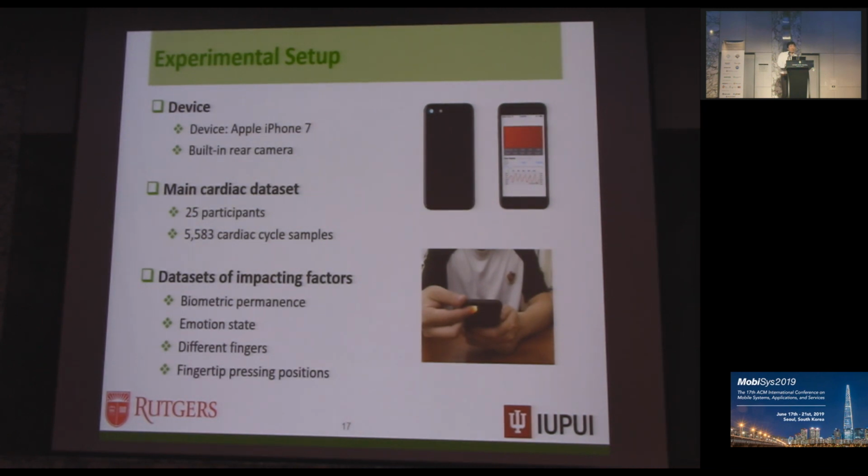Our system was implemented on an iPhone 7, which has a high definition built-in camera with 12 megapixels and enables a frame rate of 16 fps. And the data set we constructed is based on 12 participants and through